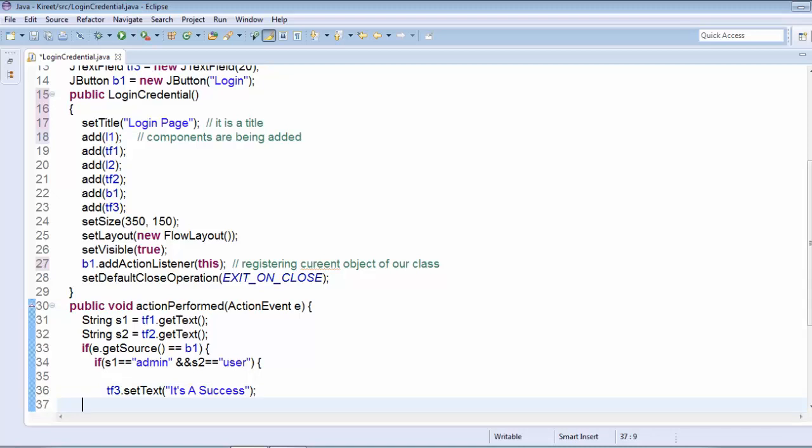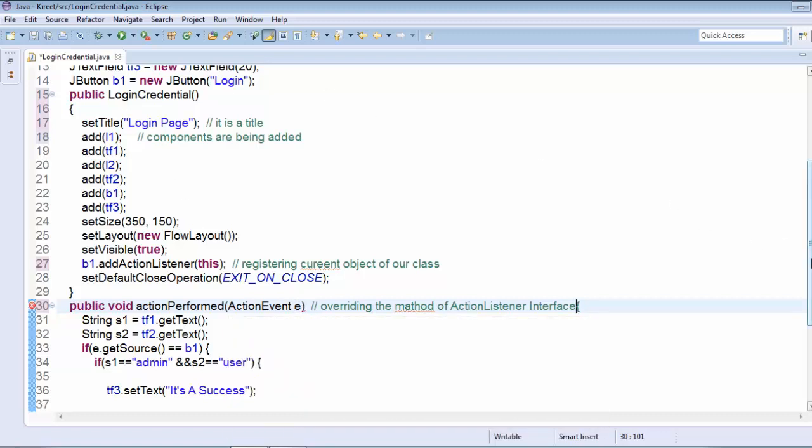This actionPerformed is a method, the abstract method of the action listener interface. So now we are overriding the method of the action listener interface, in which we have passed an action event, and this object will be taken from the button component.